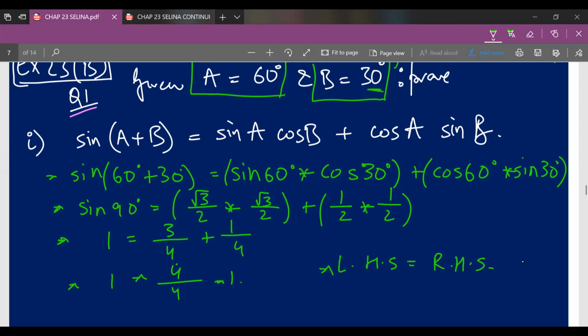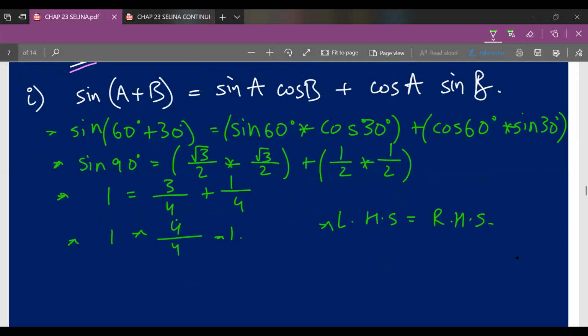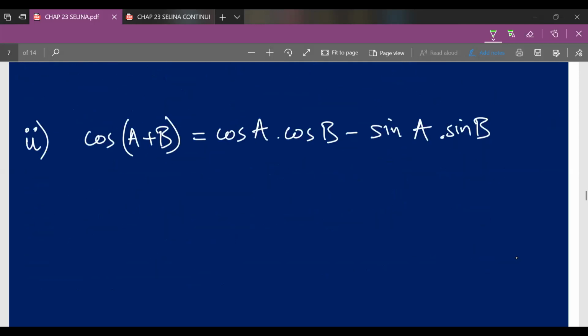So you simply can't say in the starting of proof questions that LHS is equal to RHS. You have to display on either side that in the end the answer on the other side will be the same. If the answer is different, then there's something wrong, because in proof questions, in 90 to 95% of cases, they'll tell you to prove that these two expressions on either side are equal, and 90 to 95% of the time the answer on both the sides will be the same. So if it is wrong, then there's some calculation mistake to be fixed.